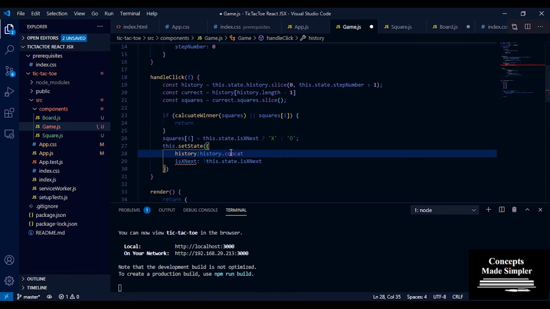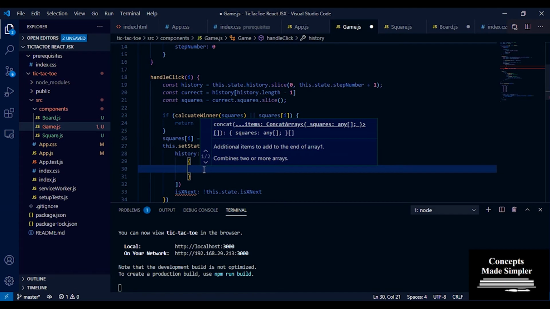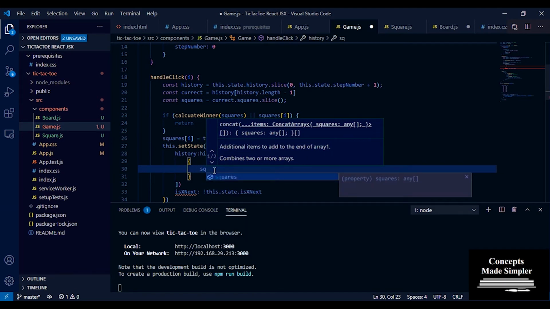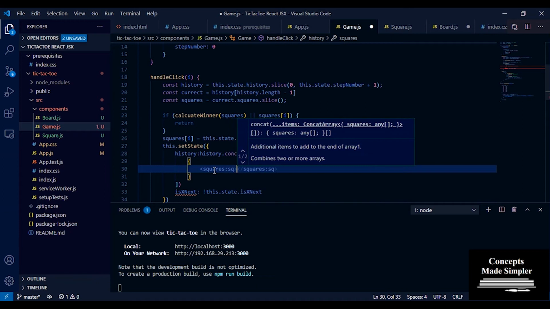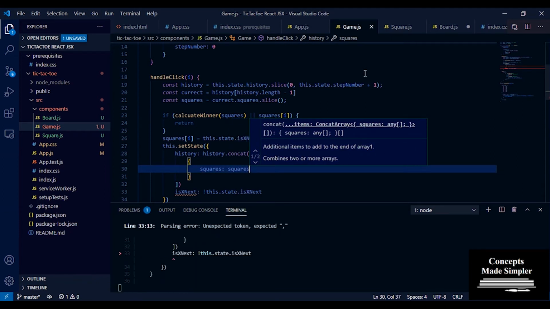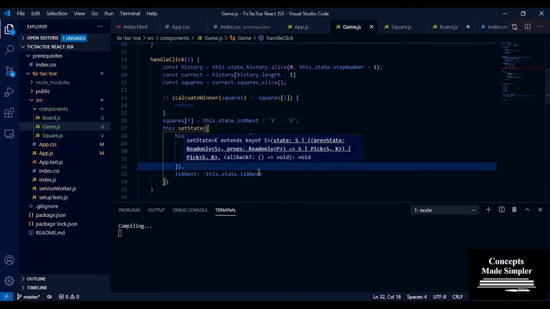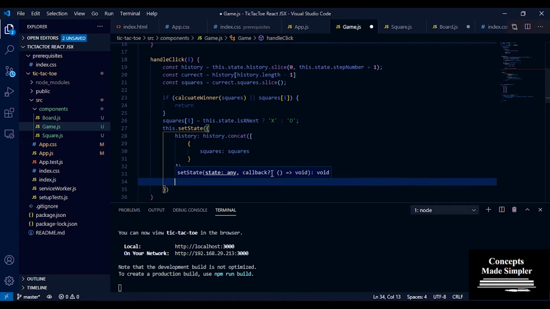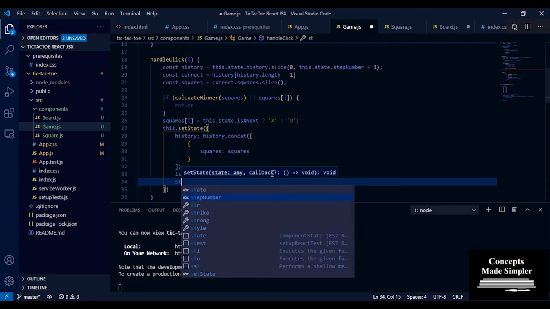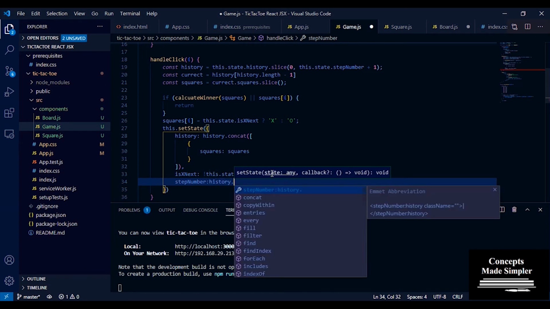So we're going to use concat and add in another list. We pass it a list of squares equals squares. This is going to have a comma, and then we're just going to increment step number. So step number is history.length.